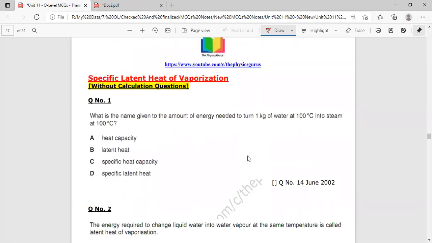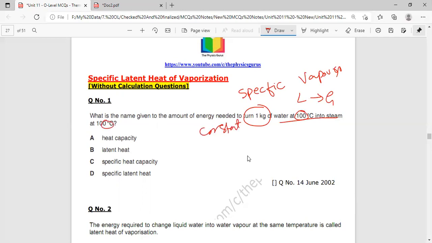Latent heat of vaporization concept is there. What is the name given to the amount of energy needed to turn 1 kg, so 1 kg is there, we will use the word specific, water into steam? So liquid into gas. So vapors are there at 100 degrees Celsius. So temperature is constant. So definitely now if we collect these words, then specific